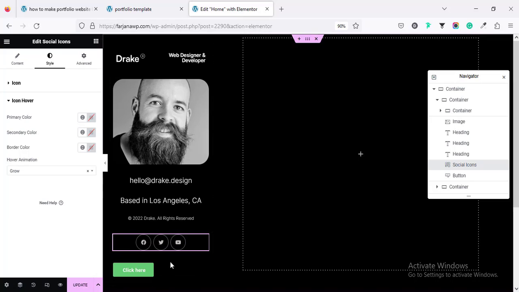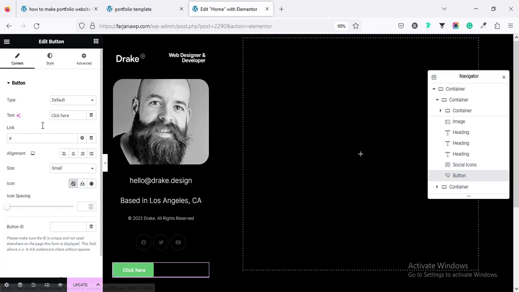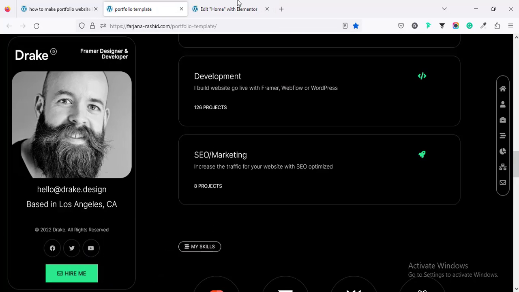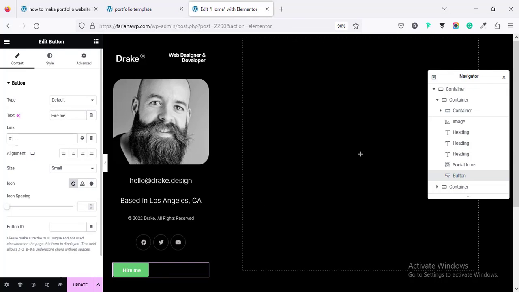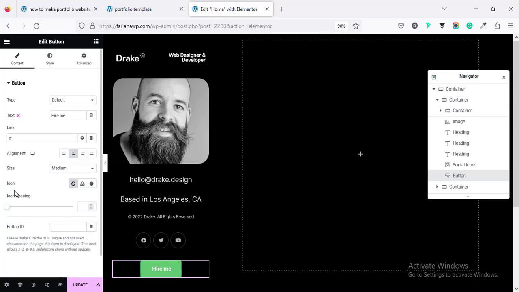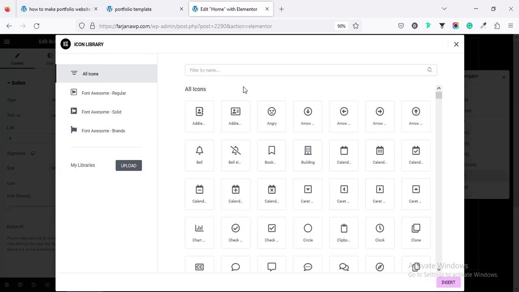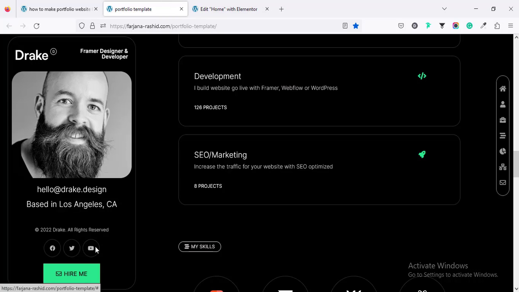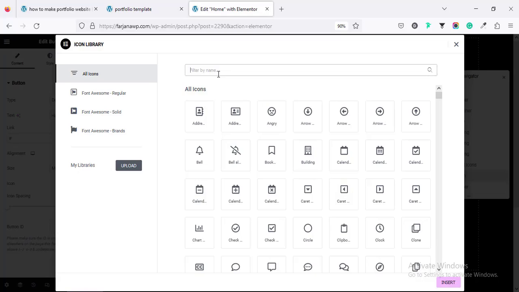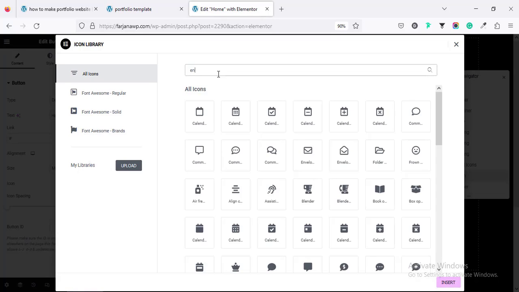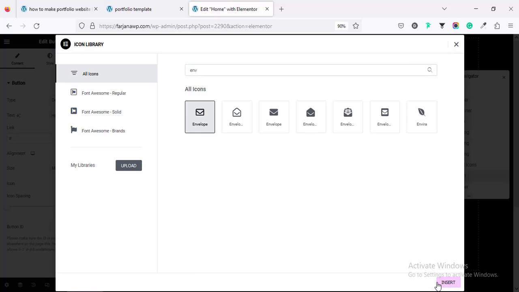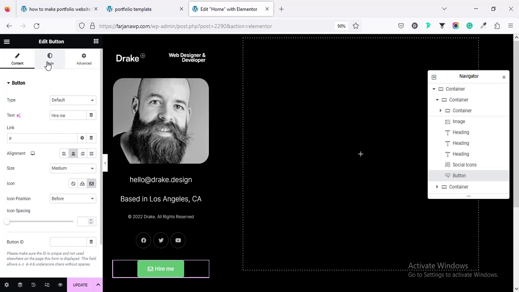and this is done. And finally going to the button, change the text to hire me. We can add the link with our contact area, so we can do that later. Alignment I'm making it to the center, and size I'm making it to medium. We can add an icon from the library. Here is the icon envelope, so I'm searching for envelope, yeah, all is good. And going to style tab,